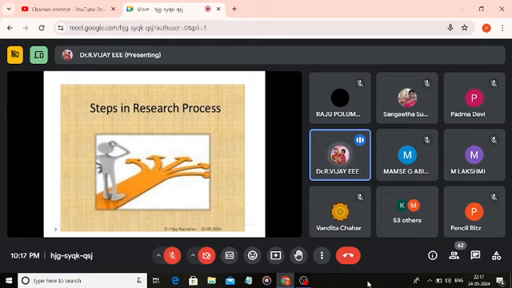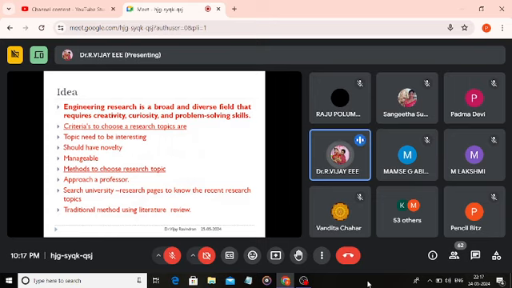Now come the steps for our research, for any research progress. This particular thing I have already discussed with you. Creating an idea for research is considered an important factor, and that depends on the area that we have chosen. For example, if you are an electrical engineer,